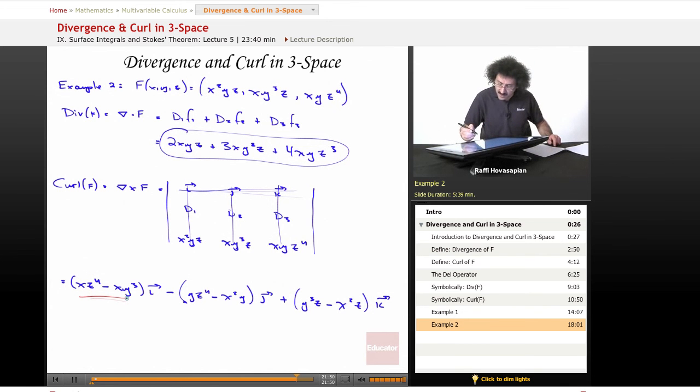That's the first coordinate function of the curl, that's the second coordinate function of the curl, and that is the third coordinate function of the curl. Actually, you know what? Let me go ahead and write it out. It's not a problem. So go ahead and erase these stray lines here. So we've got xz to the fourth minus xy cubed. That's the first component function. We have yz to the fourth minus x squared y, and then we have y cubed z minus x